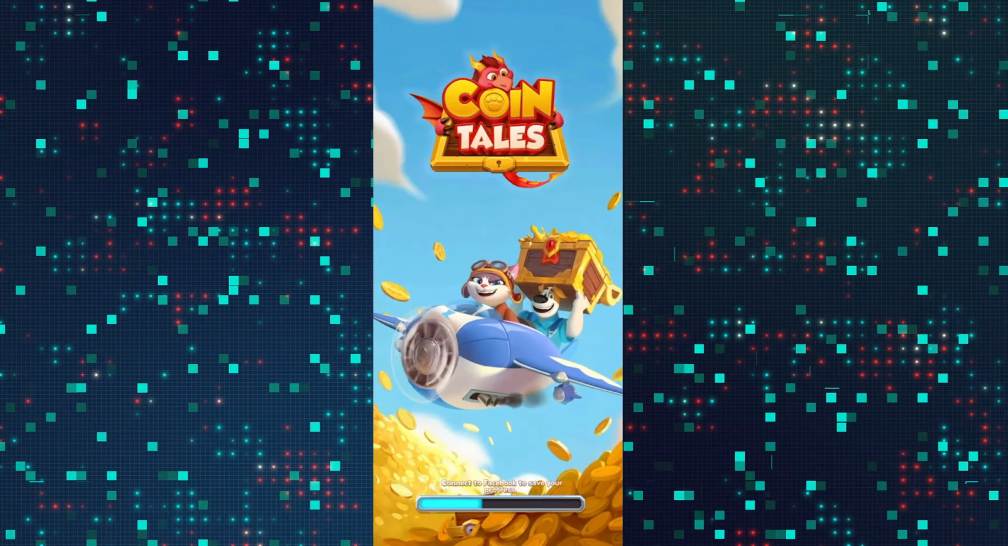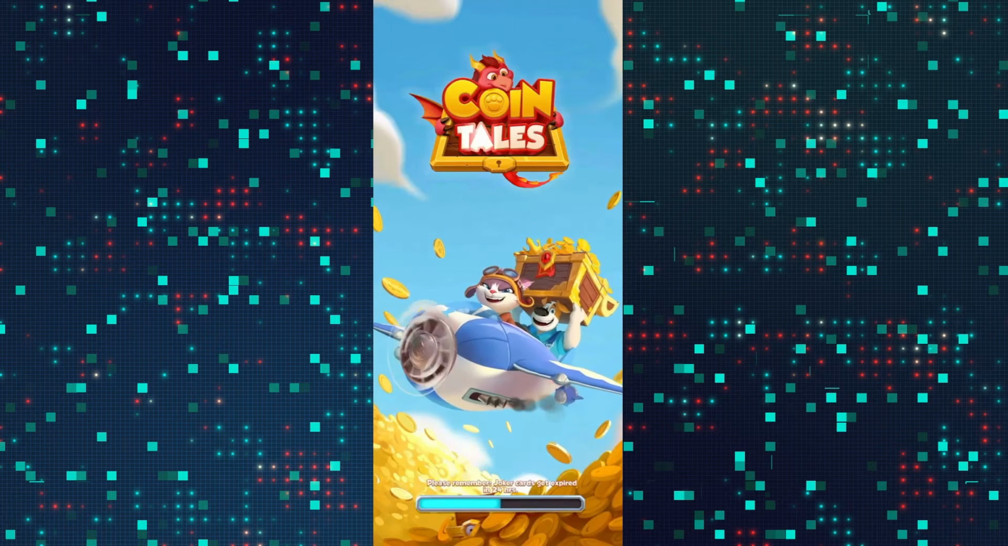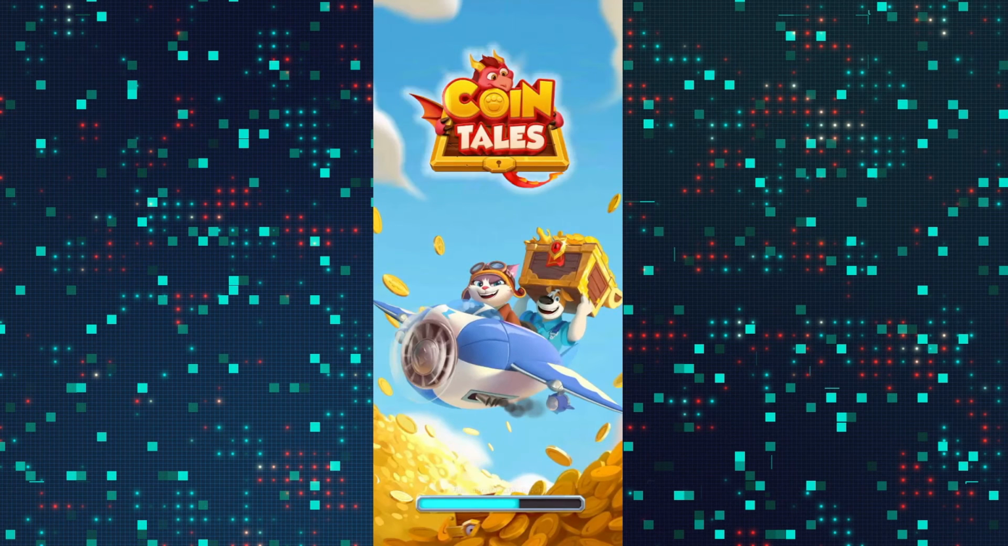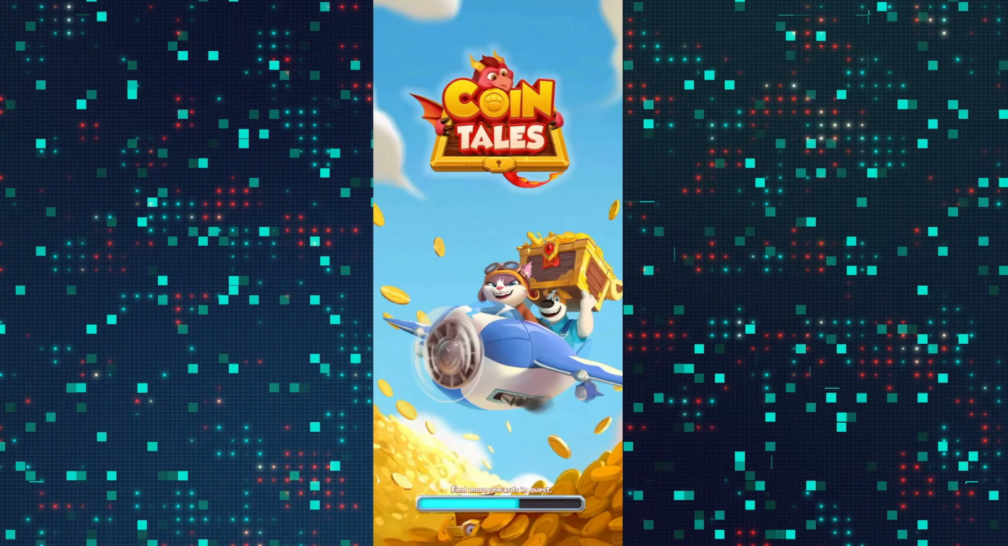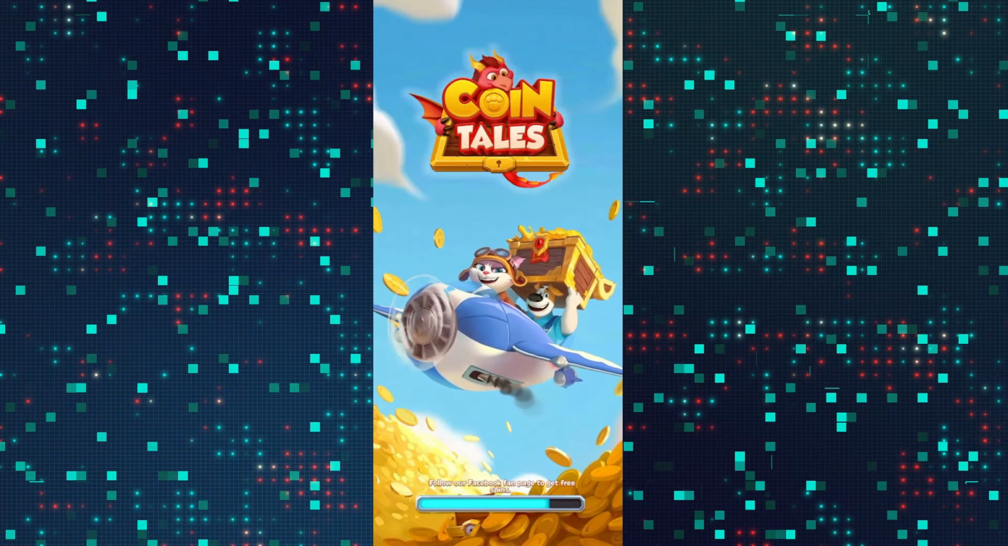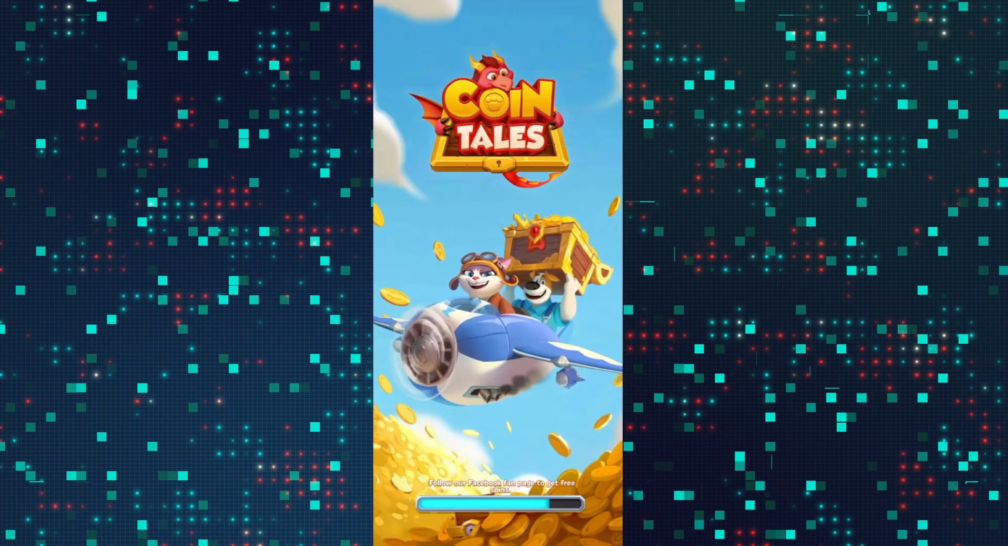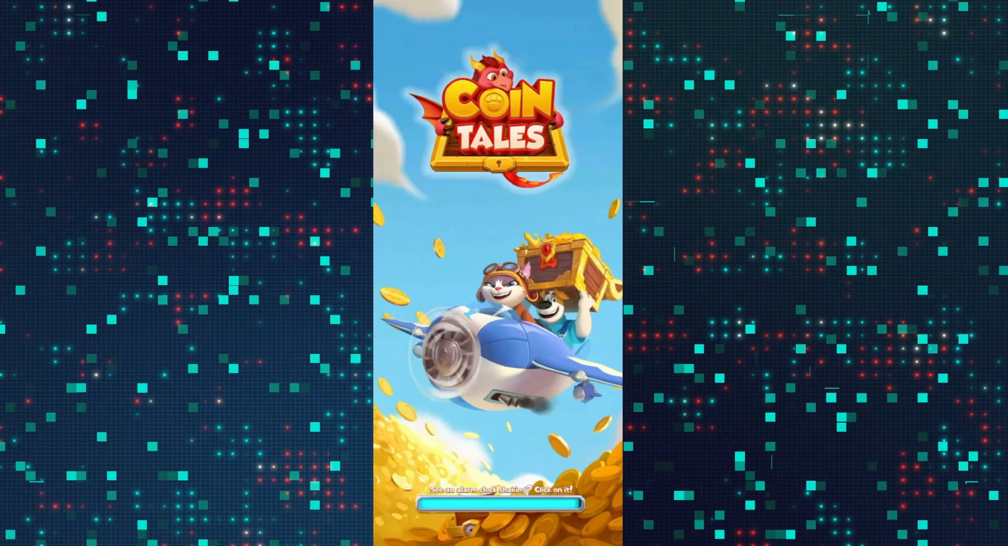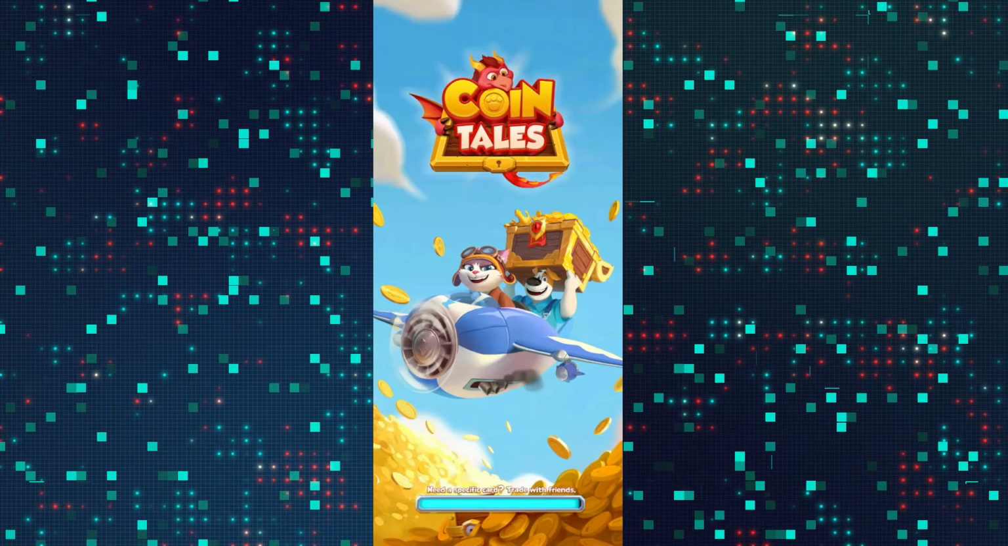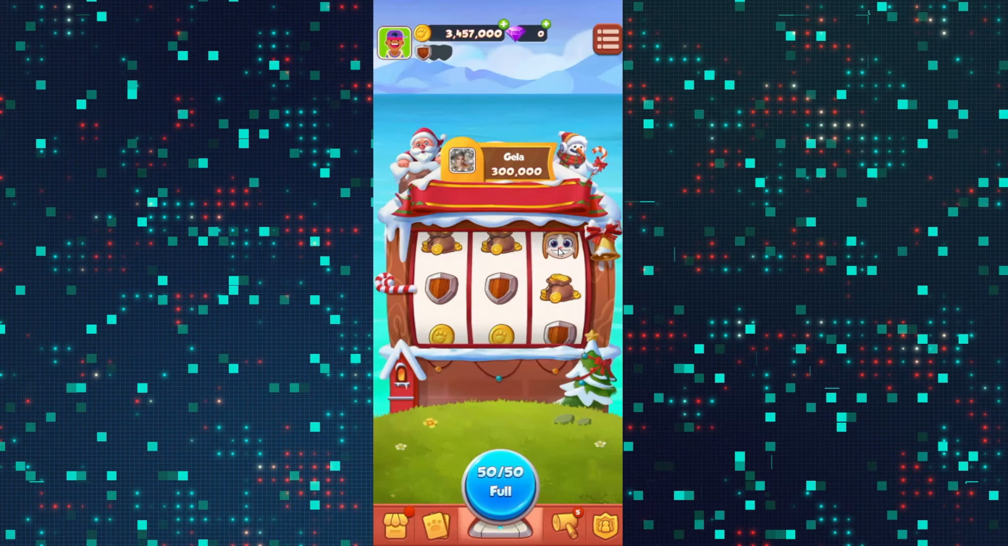Once the game is done loading, you will be asked to build your base immediately. After you build your base, you can type in your desired name within the CoinTails game. Make sure that you enter your name carefully because you will not be able to change this easily. Once you have completed the basic tutorial, then from the home page, tap on your profile icon at the top